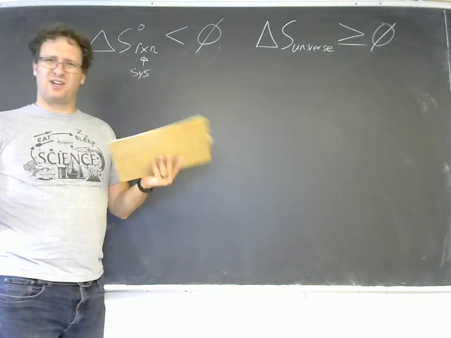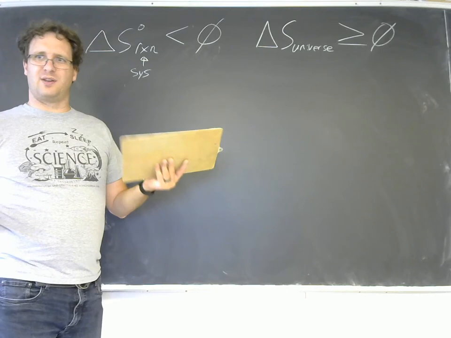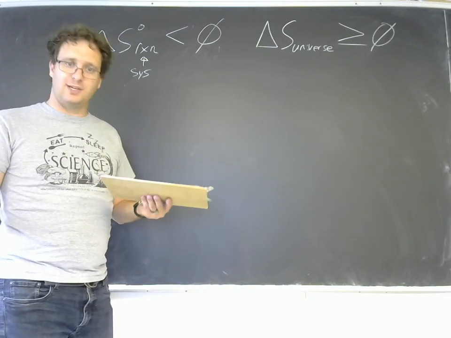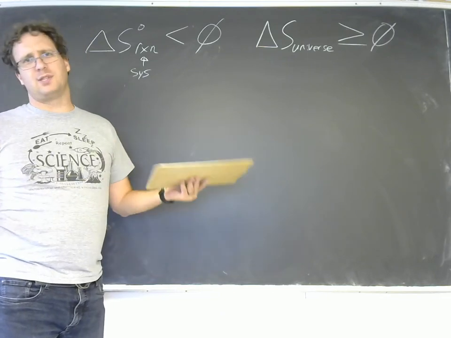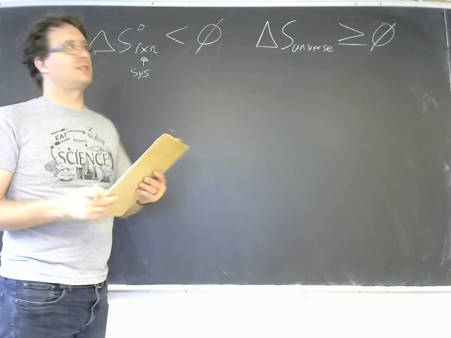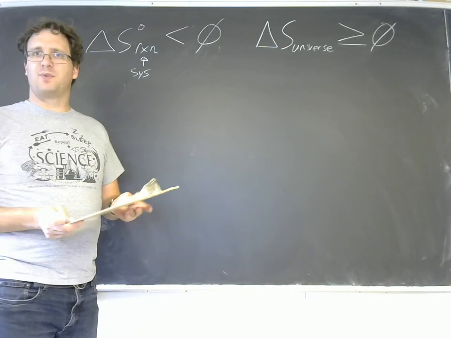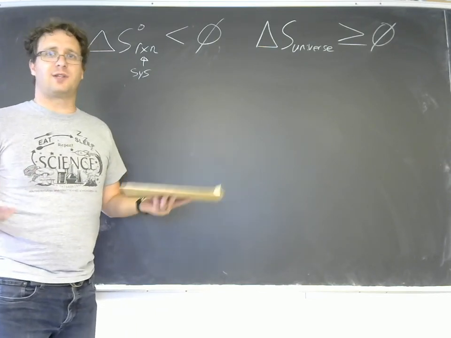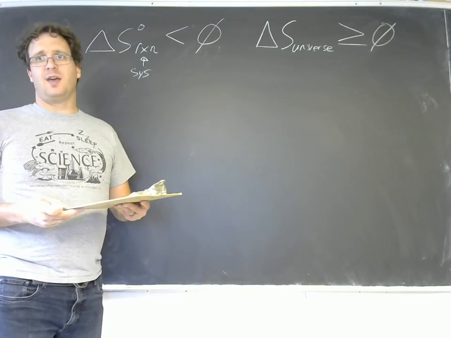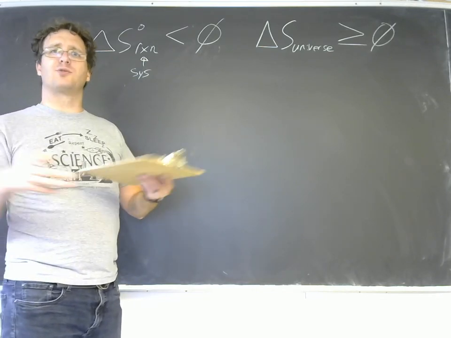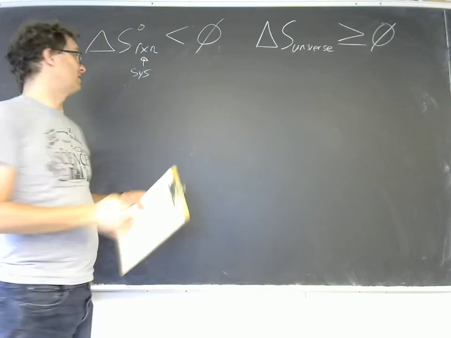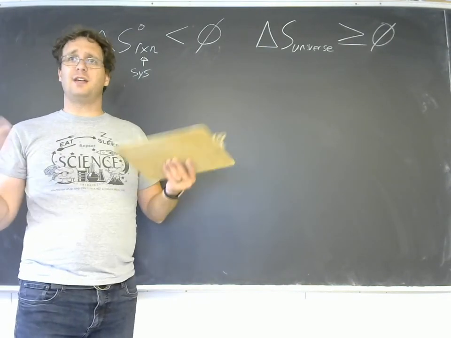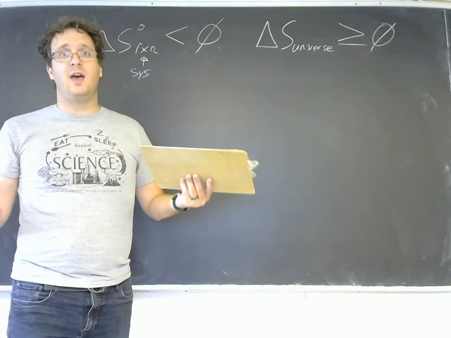You may recall in 1210 there was some discussion about system versus surroundings, and you have closed systems and isolated systems and open systems. And really what we mean by the system is just the molecules themselves that are involved in a chemical reaction. If it's forming new bonds or breaking old bonds or changing phases, it's a part of the system. Everything else is a part of the surroundings, and that includes the solvent that is the environment